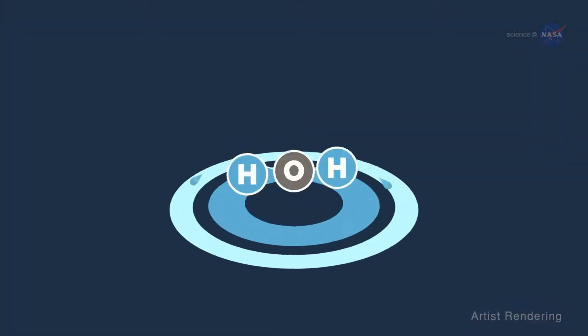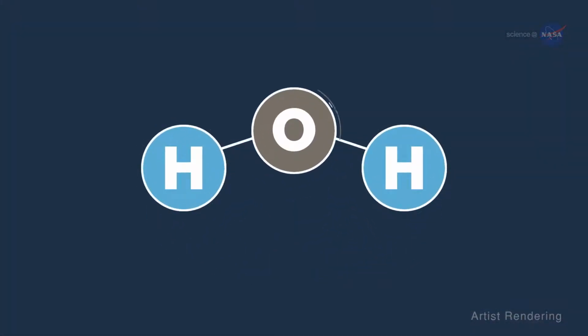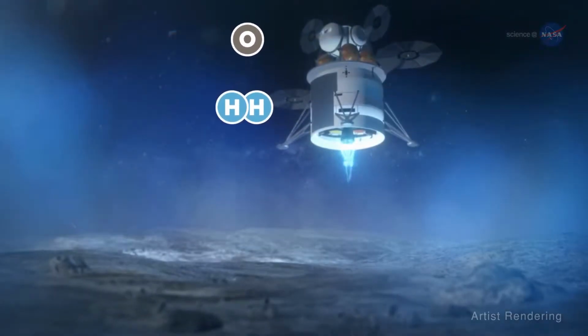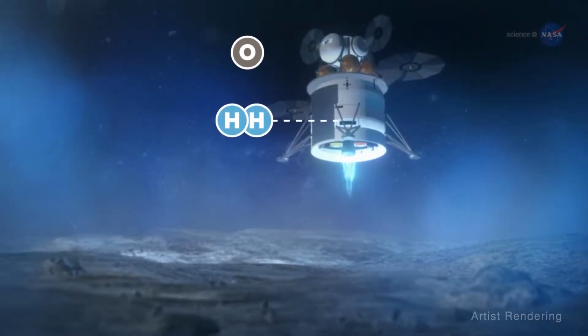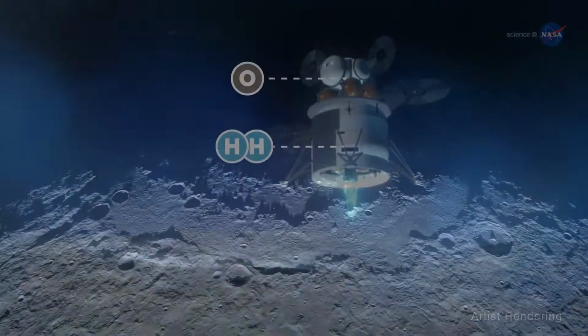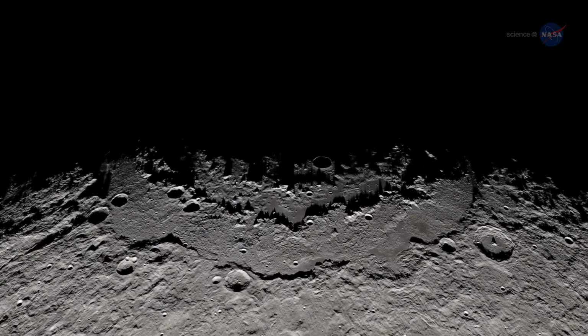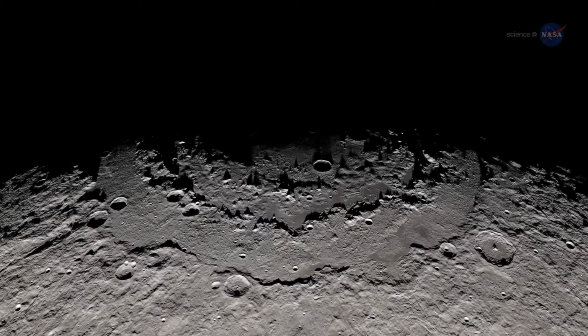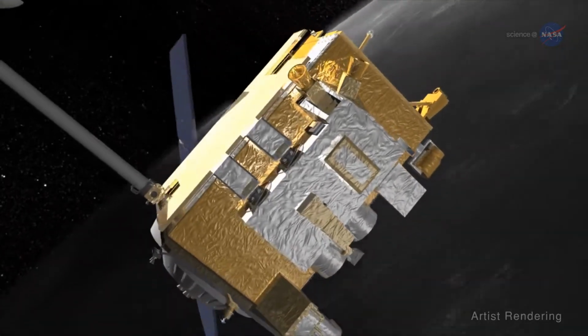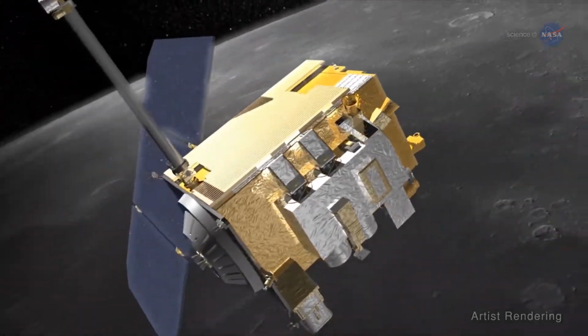Water is H2O, a combination of hydrogen and oxygen, and we can break it apart. So now we have a source of hydrogen and oxygen that may be able to be used for rocket fuel, as well as a source of oxygen for breathing. Water on the moon gives you a new paradigm for future space exploration. Very exciting. In the 10 years since the LCROSS mission, we have continued to study water at the lunar poles